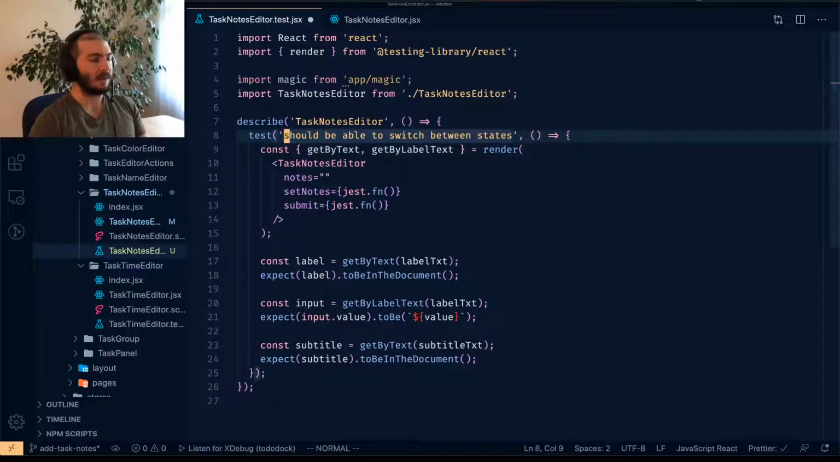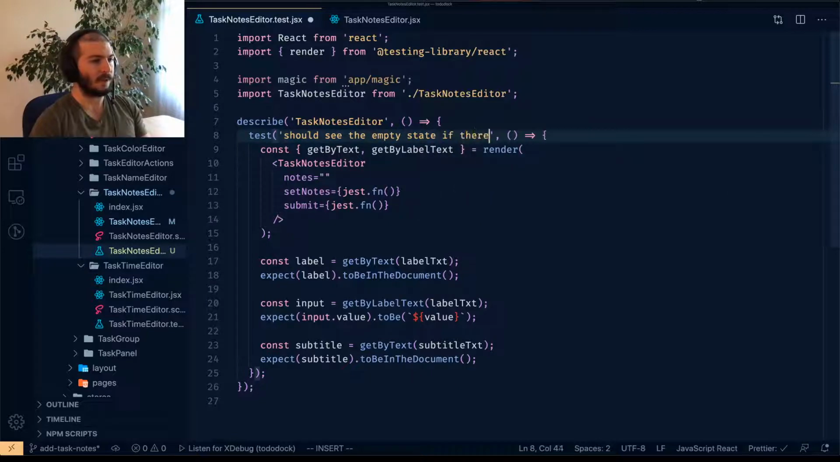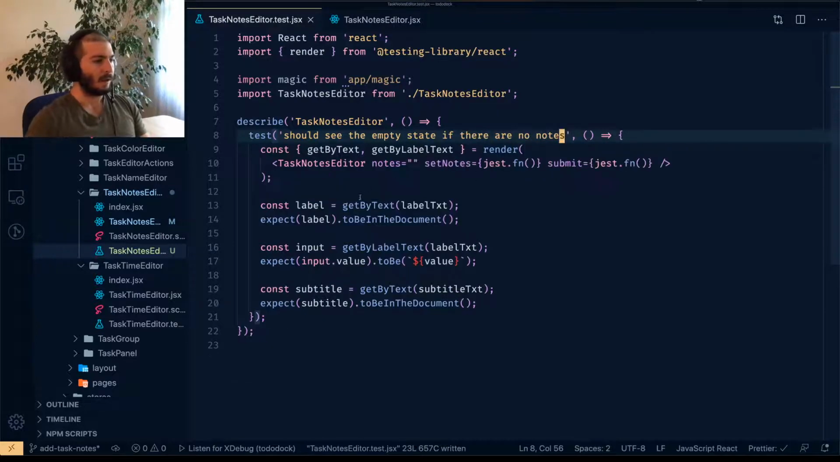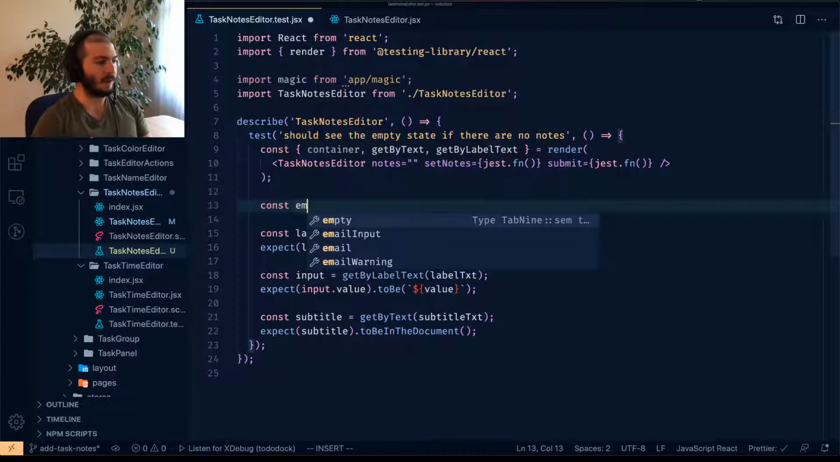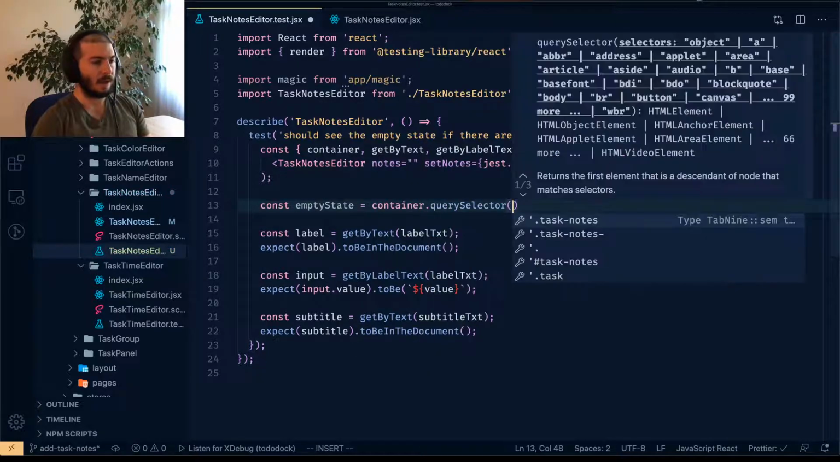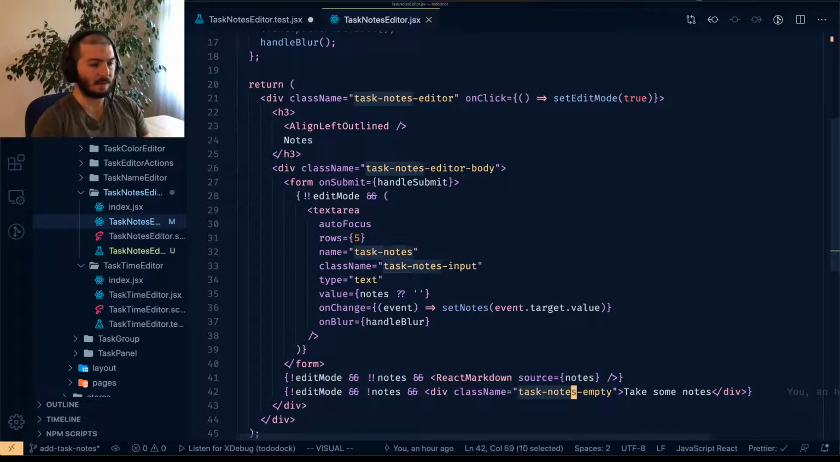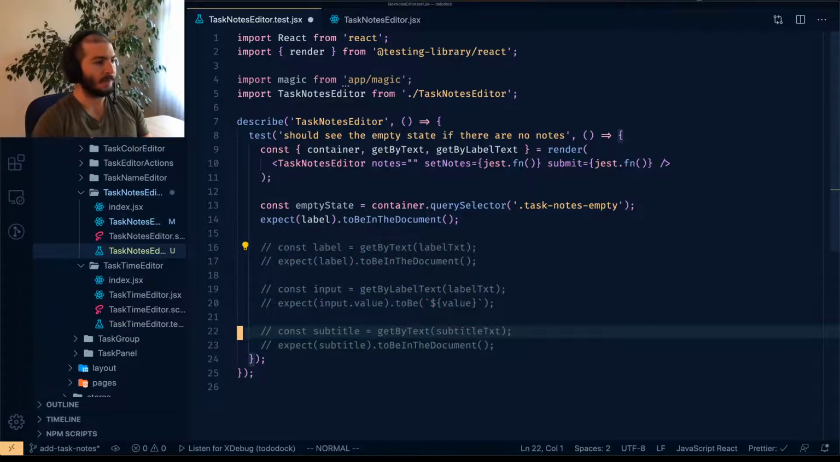Actually, we can make these separate test cases. So I'm gonna rename this as should see the empty state if there are no notes. Okay. We have to use container. We have to use the query selector function from the container. So the empty state, I'm going to call it empty state, is equal to container query selector, and we have to give the class name, which is this. First of all, let me comment these out. We have to make sure that this is visible. And also,